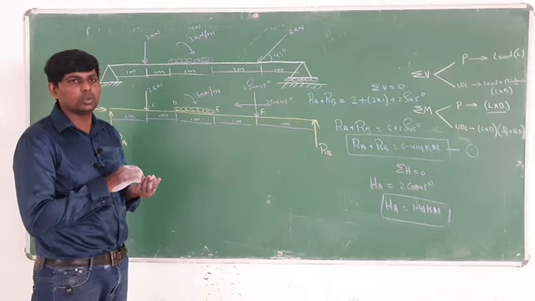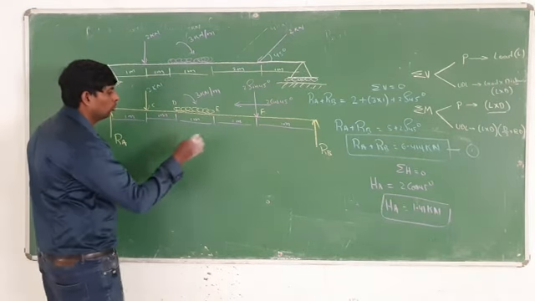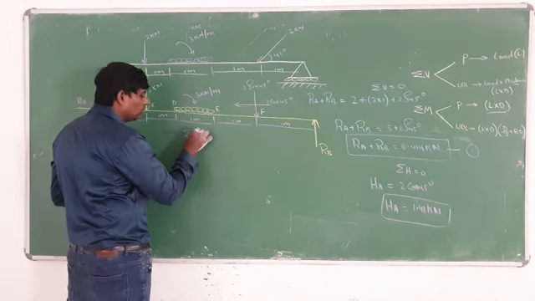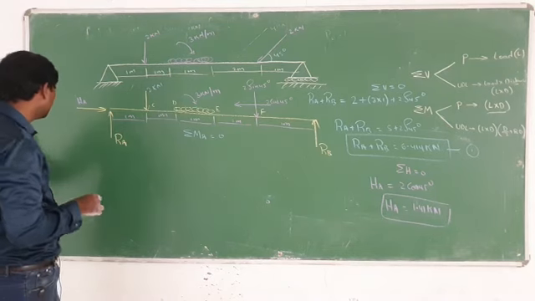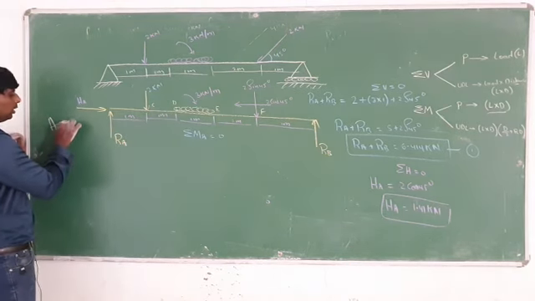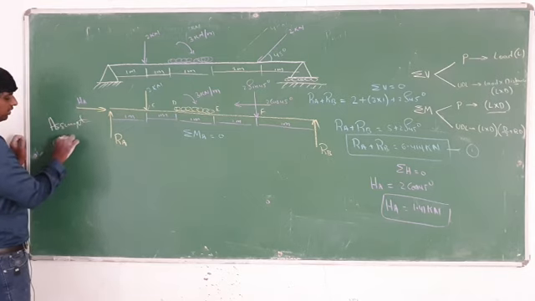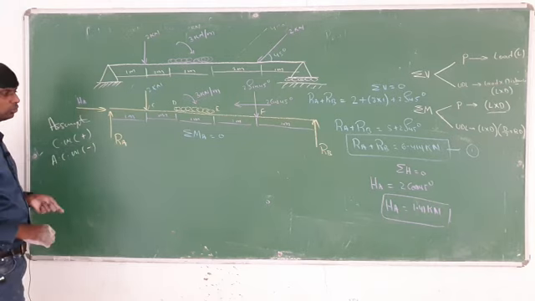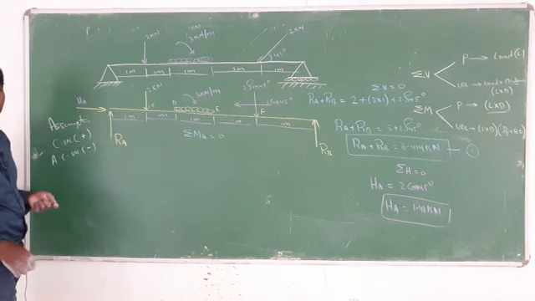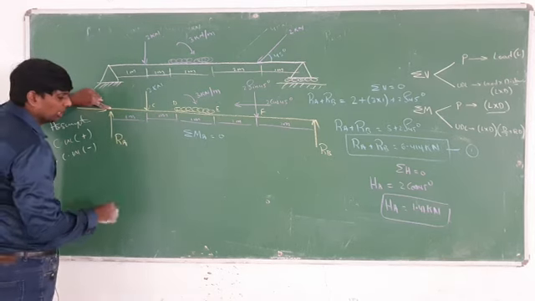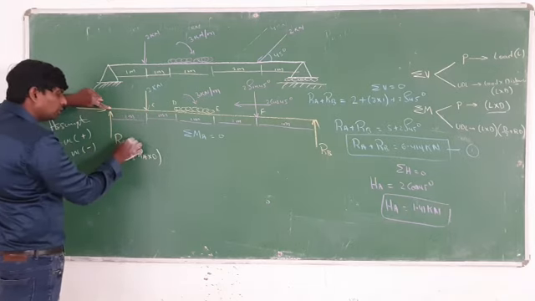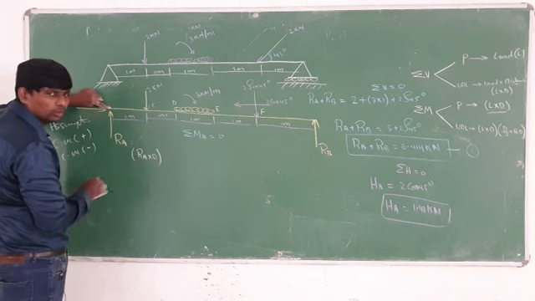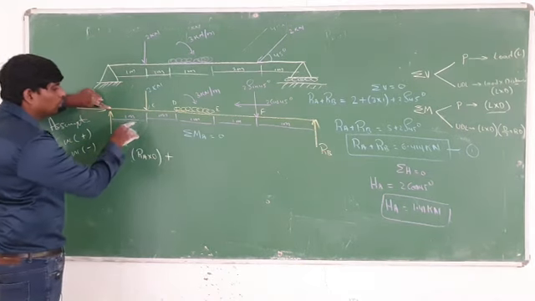After that, the last step is there. What is the last step? Bending moment. So here, sum of bending moment at A is equal to 0. I told you, whenever you go for the sum of bending moment, you have to write down the assumption. What do you have to write here? Assumption: clockwise you have to take as positive, and anti-clockwise you have to take as negative. So I have to select one point. Which one did I select here? A. Stand at A. So what do you have to write? RA into 0. How is it coming towards the A point? Clockwise. Clockwise means plus. What are we finding?